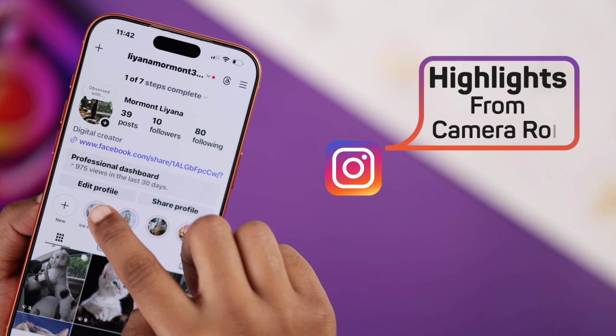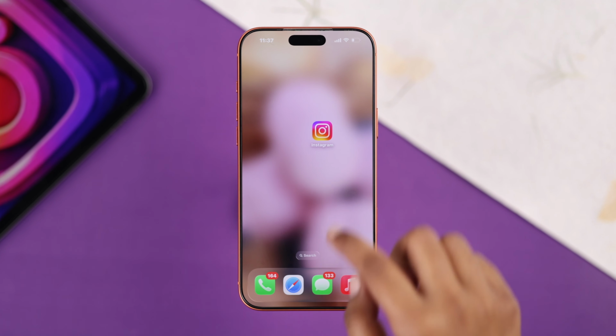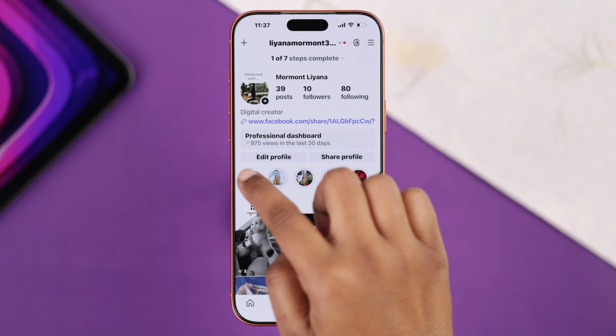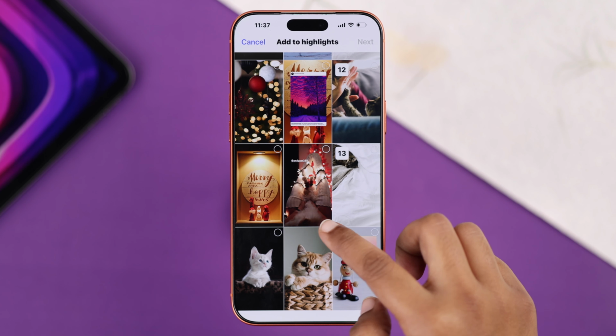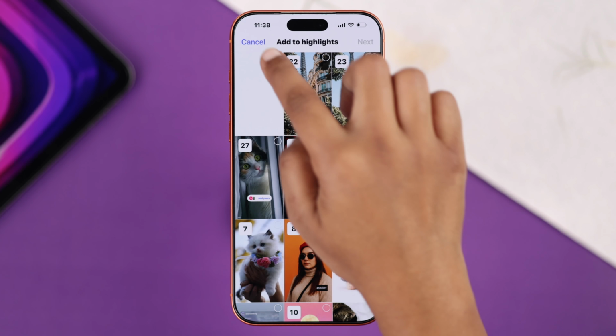Here's how to add Instagram highlights from your camera roll. So first you have to open up your Instagram and go to your profile. You might notice that there's no direct option to add highlights from your camera roll, but don't worry, there's a